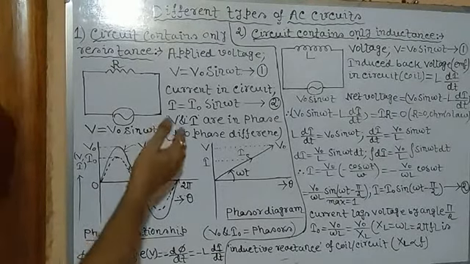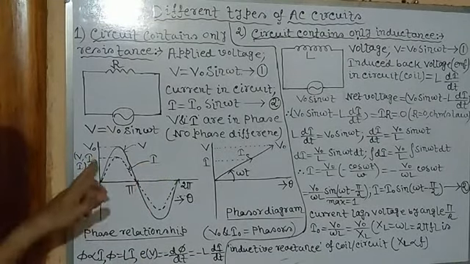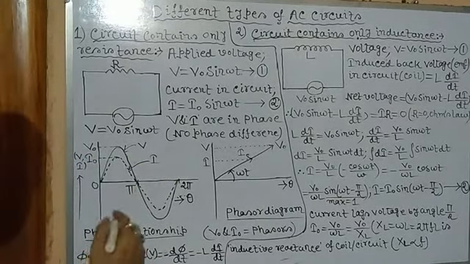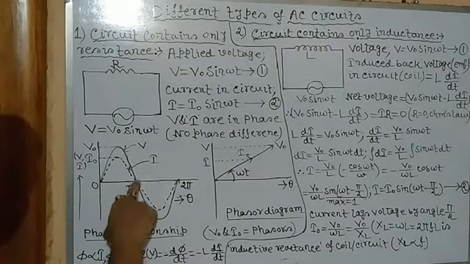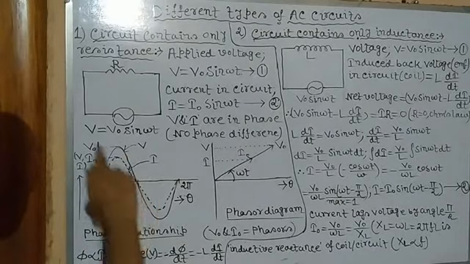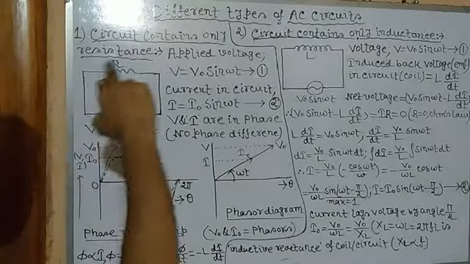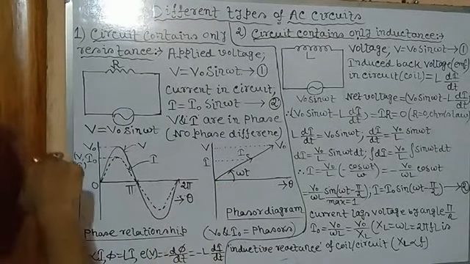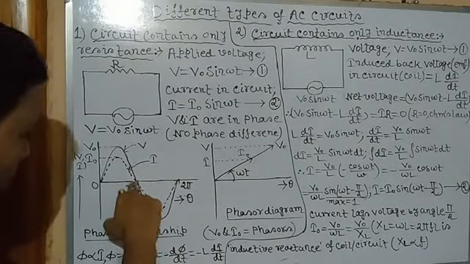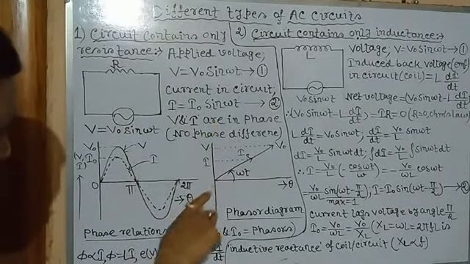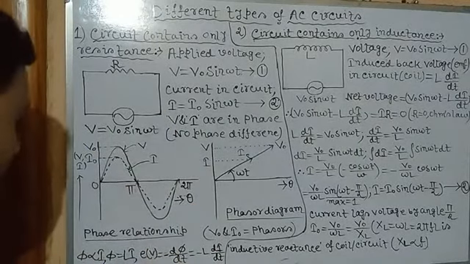When V reaches maximum value, I also reaches maximum, which is indicated by V0 and I0. And in the opposite direction, it is minus V0 and minus I0, isn't it? This is pi. Why? This is for the first half rotation. We know in case of a circle, for half it is pi angle, then again pi, twice pi. So up to pi it completes one rotation in the first half cycle, then in the opposite direction it is pi and 2 pi.